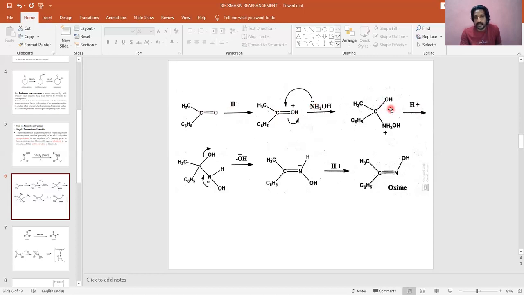So what happened now? Already the pi bond has shifted to oxygen in order to compensate the plus charge on oxygen. So NH2OH is also attached. Now we have a tetrahedral structure, that means carbon connected to 4 different groups: 1, 2, 3, 4. But this nitrogen has a plus charge. Why? Because the non-bonding electrons of nitrogen were used while it attacked the carbonyl carbon. The NH2OH attacked the carbonyl carbon without being converted into a nucleophile. So as an ionic species, it will try to neutralize the charge and attain stability.